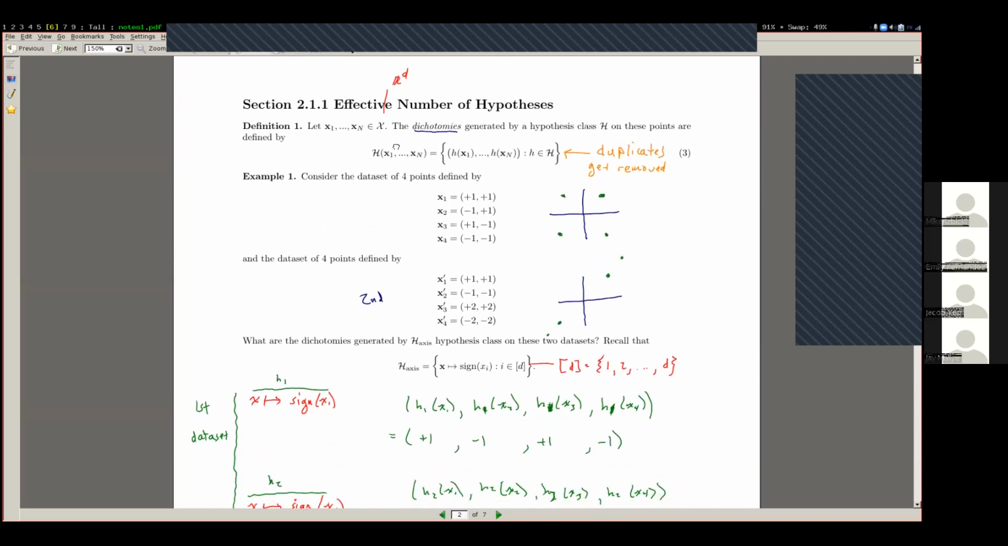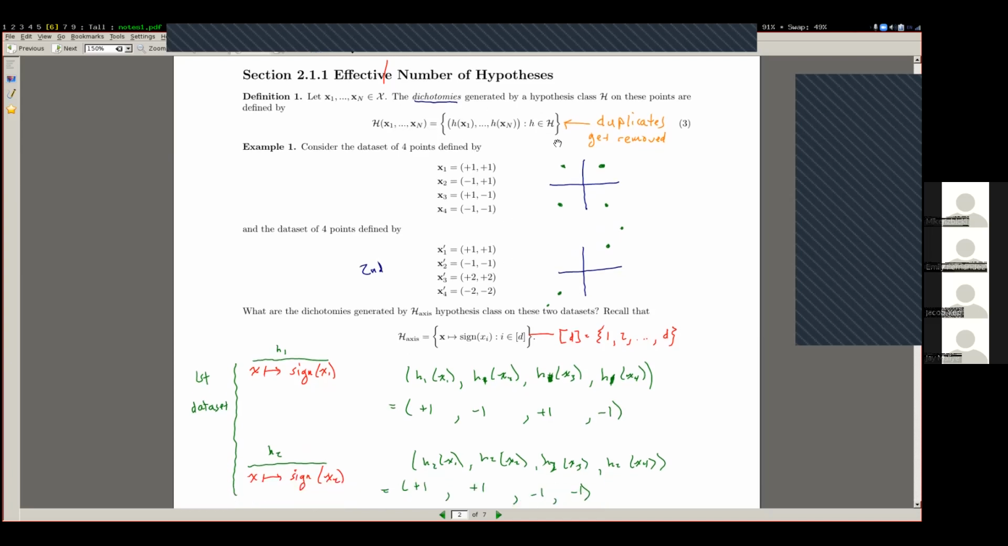So the idea is that instead of the number of hypotheses, the VC dimension is going to somehow measure the effective number of hypotheses. And we started talking about these dichotomies, which is the weird notation up here, but the key thing about this is that it's a set. And so it's going to remove the duplicates somehow. And we saw an example of